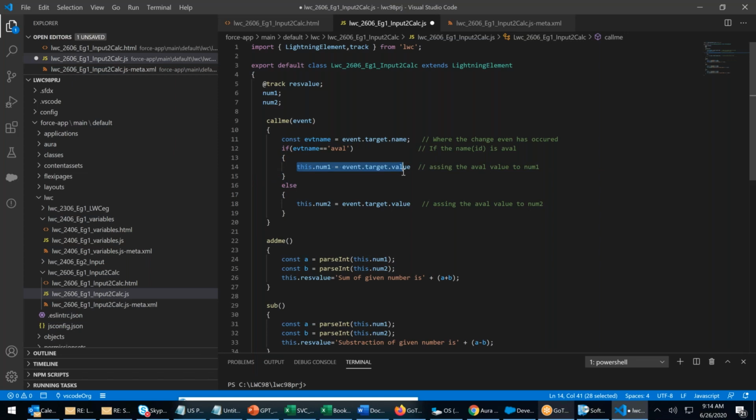This.num1. We just say component dot get component dot, but here nothing. There is no component itself. And even we don't have this track in Aura components. We are saying it is a new one. So many things. Monday onwards, you will see that all new things will come here.